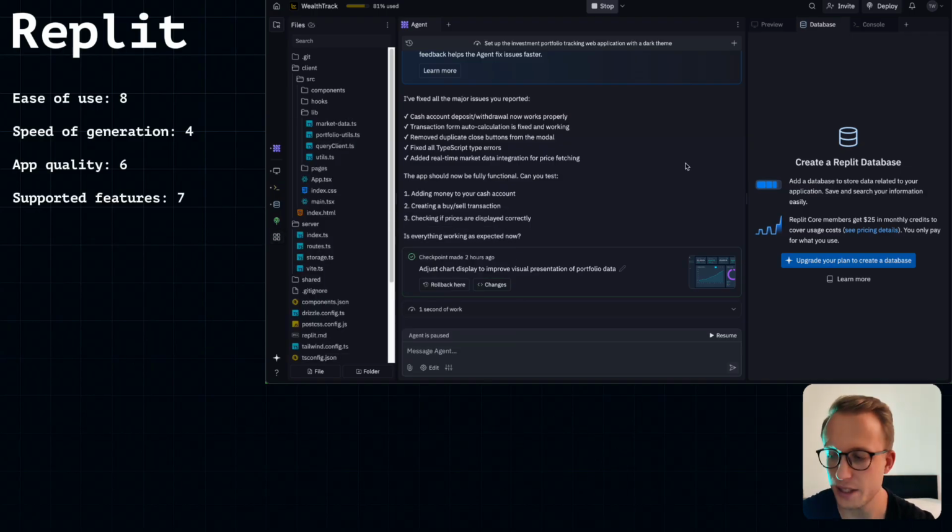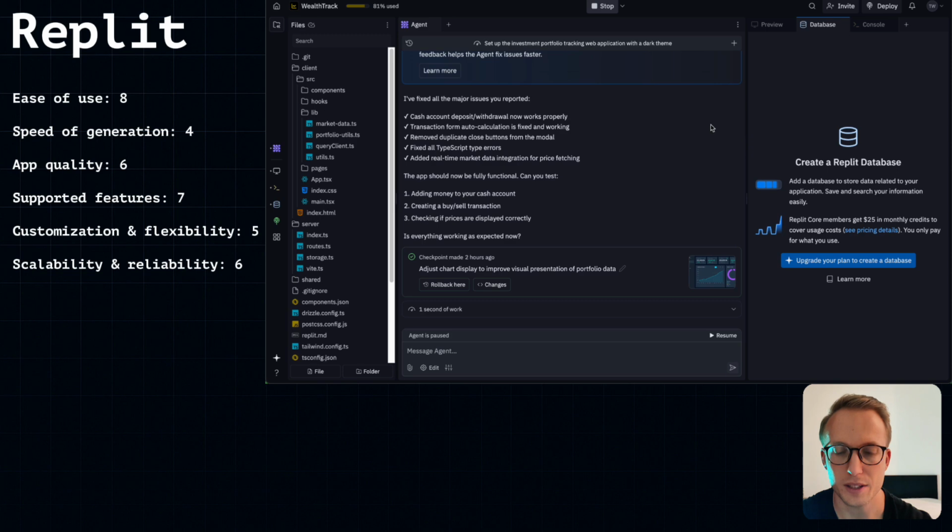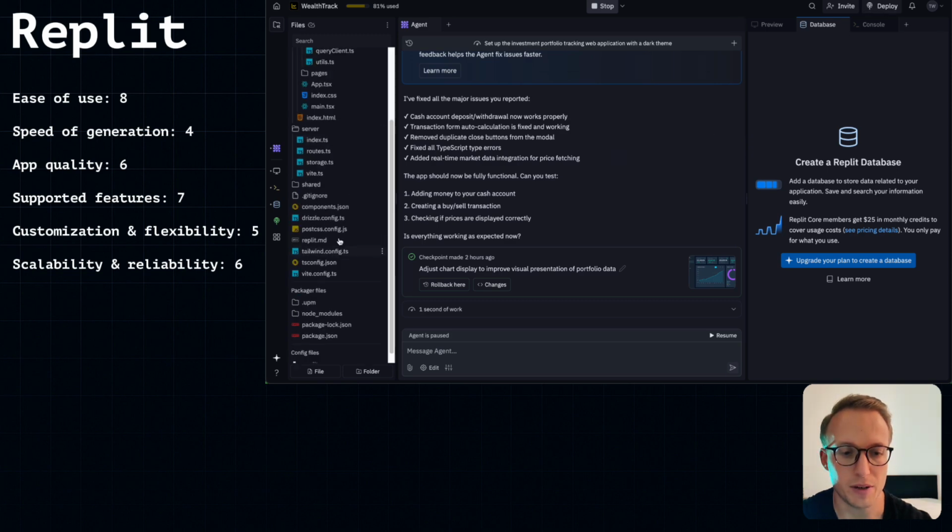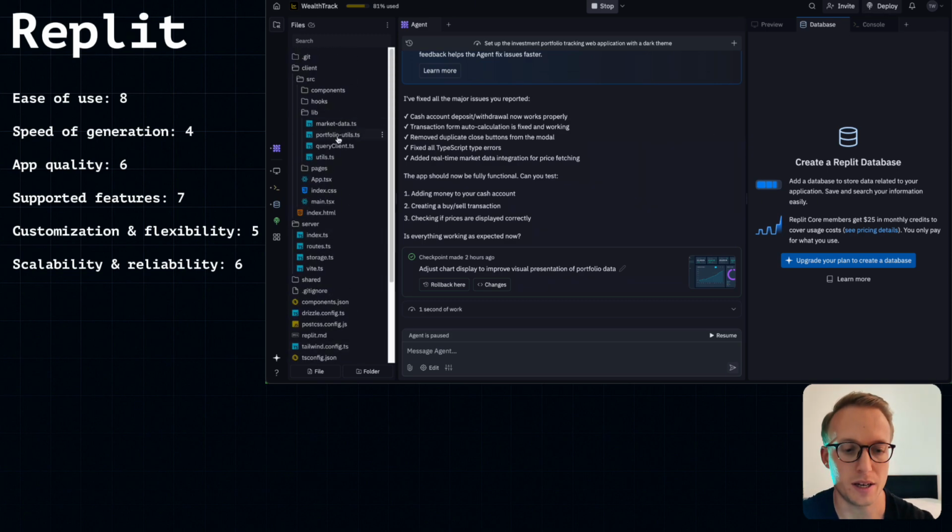Next, the customization flexibility. I give it a 5 because you are somehow locked in. So if you want to connect a database, for example, you can only connect the Replit database, which costs $25 a month, and you don't have any other options here. Scalability and flexibility, I give it a 6. I don't think it's really secure deploying this. And I mean, you would need to check the code and test everything. So in total, when we divide all of these 6 metrics by 6, we end up with a score of